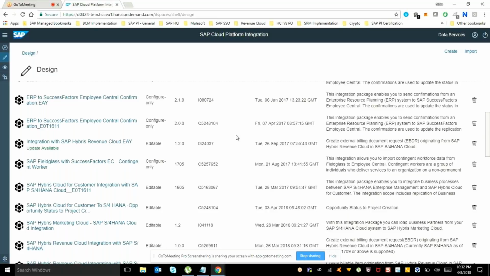When you buy a production tenant, a test tenant comes with it. But if you want to buy another tenant, for example for having a quality system, then you can order one more test tenant from SAP, paying an additional amount. It depends on the client's architecture. If they want three tenants and are ready to shell out the money, then they can obviously go for it. But what I've seen is that with one production tenant, a test tenant comes. If you want to order one separate test tenant, you can do that as well.